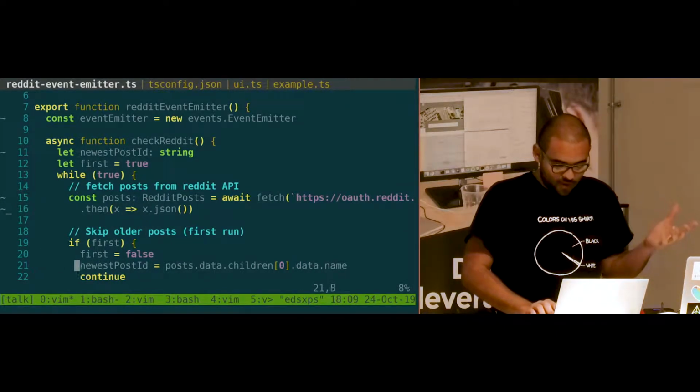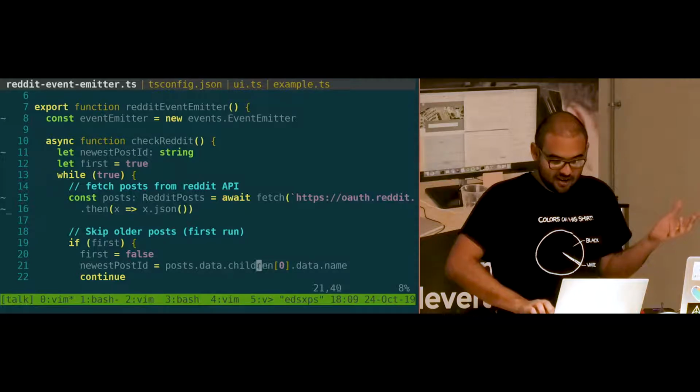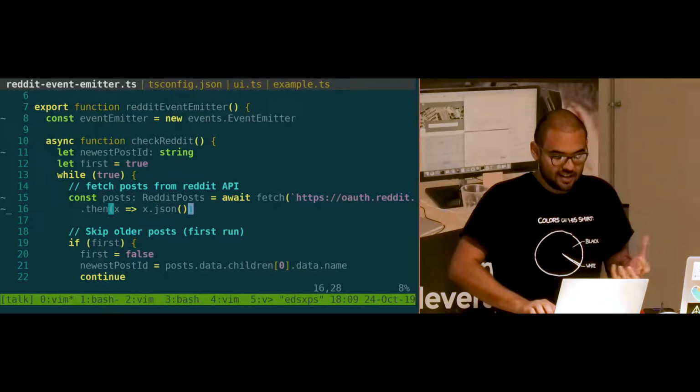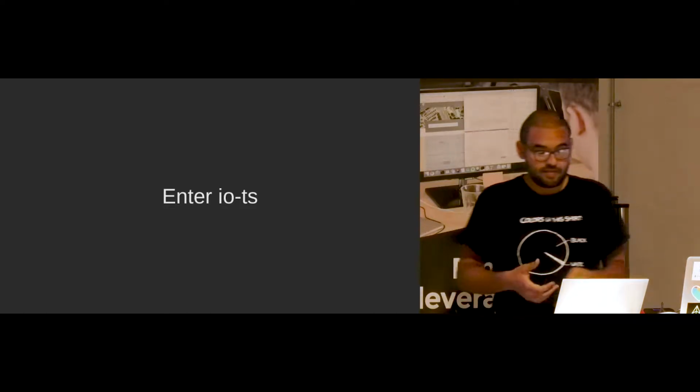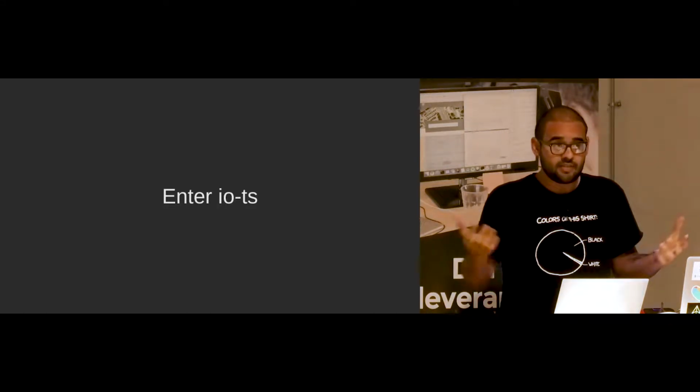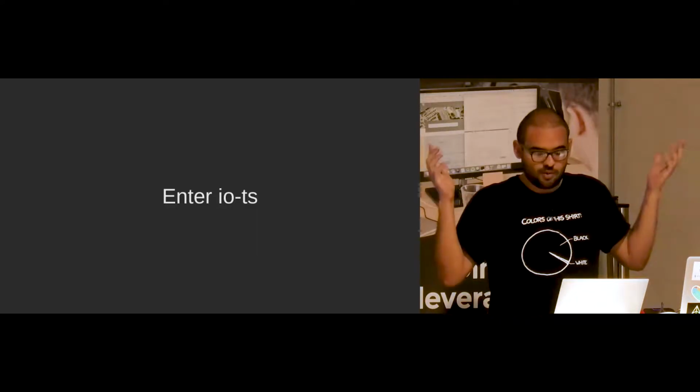And it's happening, well, in this case, it's not so much later, but it's happening after I got the data. So that's a problem. How do you solve it? How I've been solving it, because I write Node.js APIs, and if you write a backend API, whoever uses the API is going to send you whatever they want. Of course, you can use schema validators and all that, but if you have the types, it's a bit awkward. So there's this thing called io-ts,